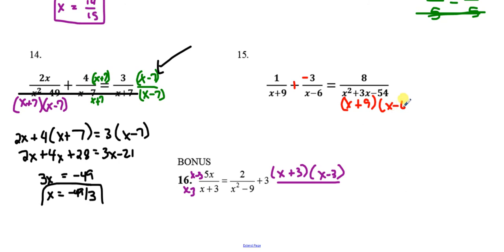So just really similar to problem number 14. This term's going to need an x minus 6 over x minus 6. And this one's going to need an x plus 9 over x plus 9. And once again, kind of